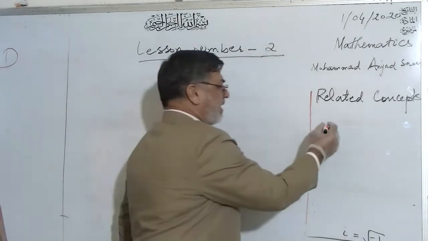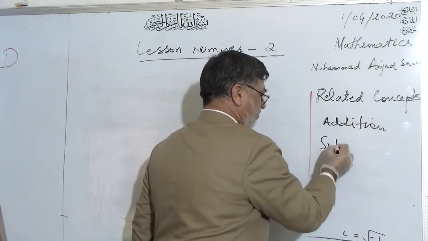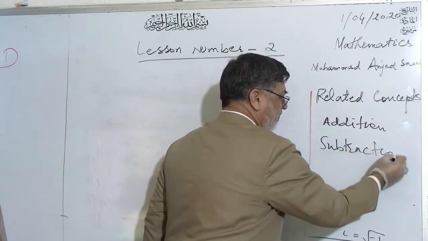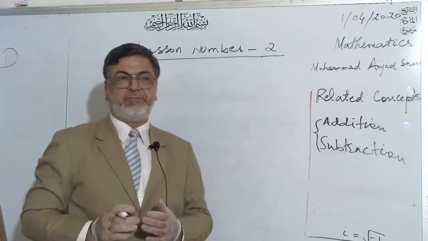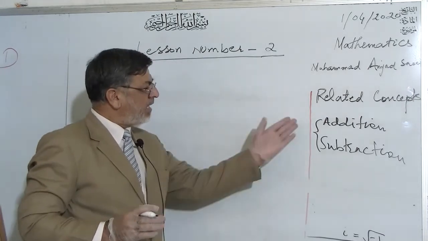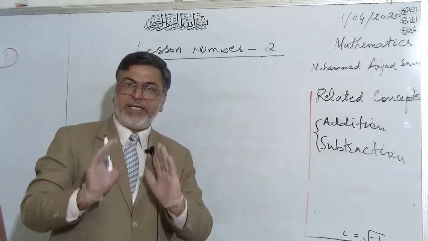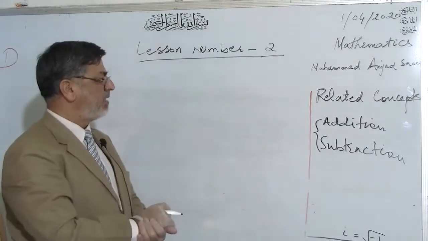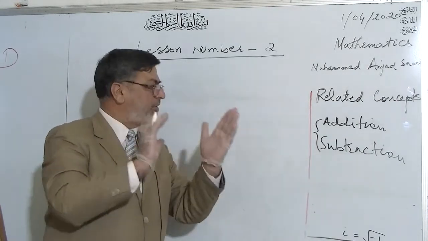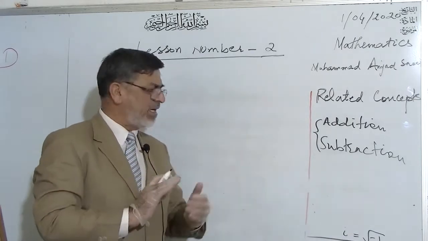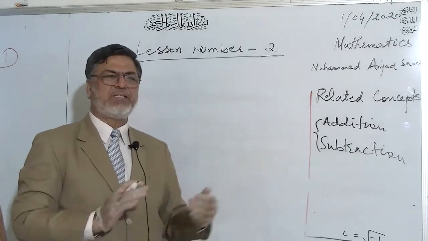In case of addition and subtraction, we have the same idea. Real part will be added in real and imaginary part is added in imaginary part. Similarly, in case of subtraction, real part will be subtracted from real part and imaginary from imaginary part. So in this way we have addition and subtraction of complex number. That's very easy.